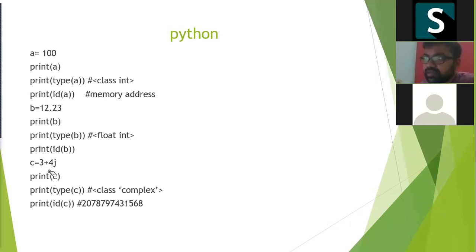When I say complex data type, this has some real and imaginary value. You are from BTech background, Teju? Yeah, BTech. So generally you know about imaginary values. Yeah. So this one, 3 plus 4j, the 4j is the imaginary value. The format will be 3 plus 4j or 5 plus 6j or something you can give. That value we call a complex value.